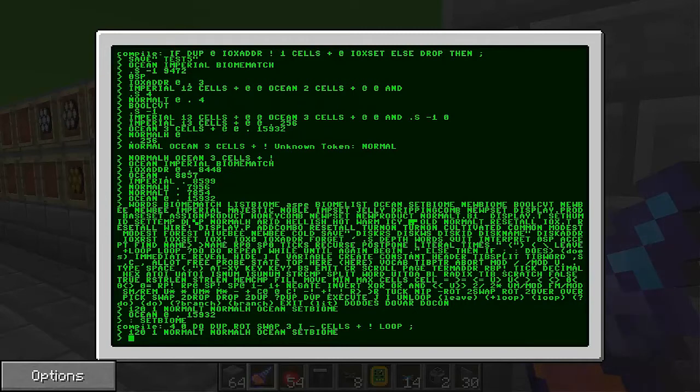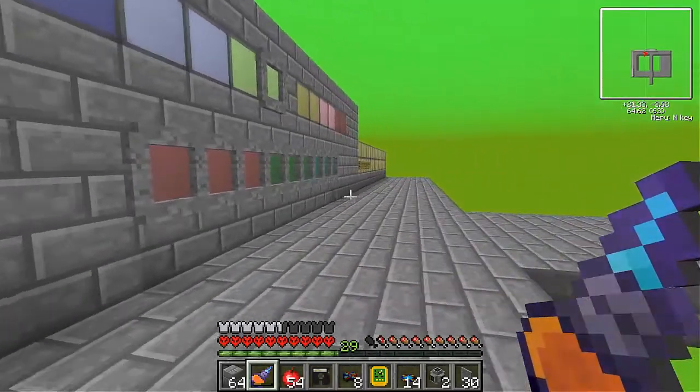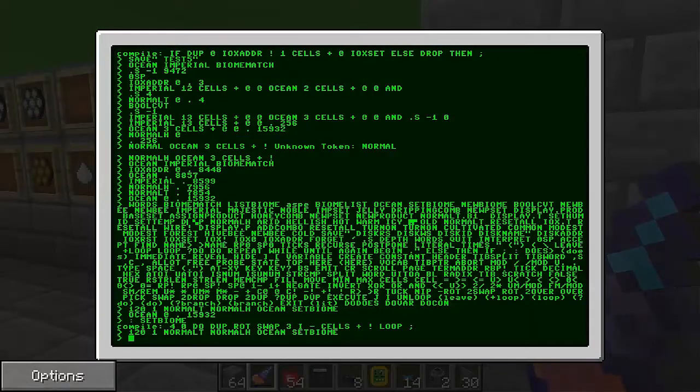So apparently my set biome, I needed to, instead of just dupe, rote swap. And obviously it still hasn't worked because I only set my ocean. So what I need to do is get the ocean, imperial, and it looks like there's something